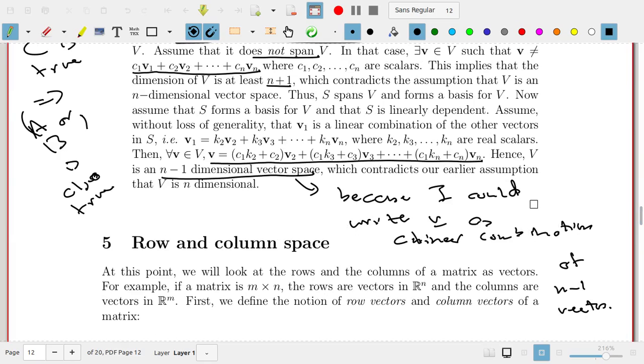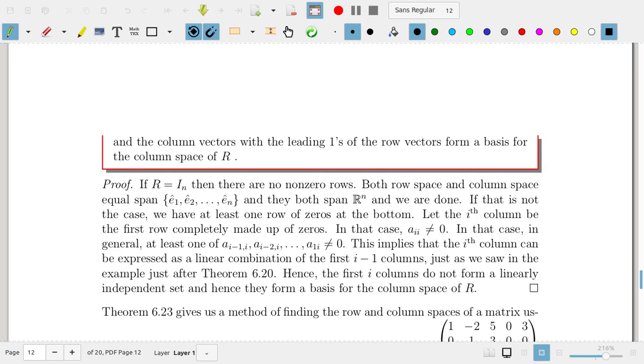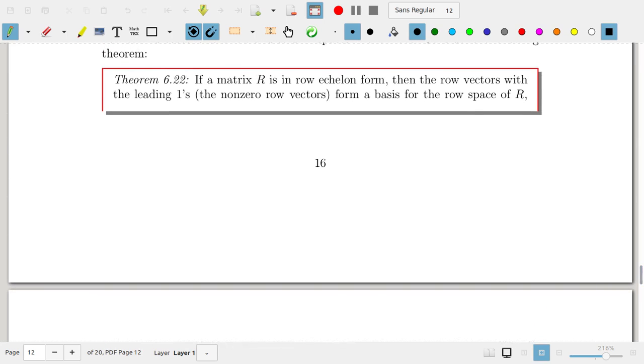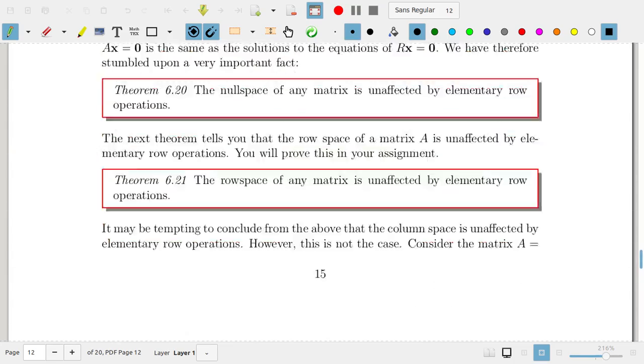Okay, now let's look at row and column space. At this point, we're going to look at the rows and the columns of a matrix, and from there we'll try to see what makes them linearly dependent, or look at the properties of those rows and columns. So we can form vectors out of the rows and out of the columns. For example, if I start with a